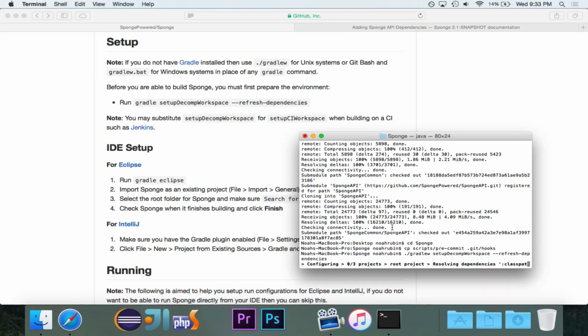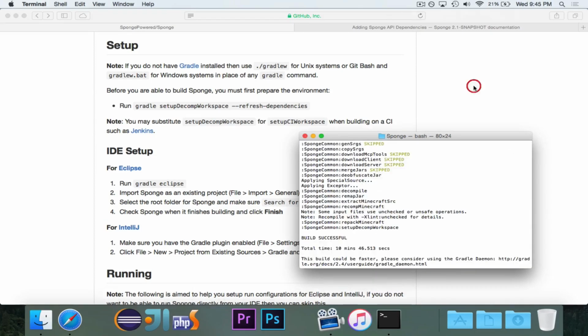Now this is going to take a while. I think this is the step that took around 11 minutes for me. It has to download and decompile and compile a ton of files just to get this to work. So I think I'm going to go ahead and pause the video, and I'm going to let this run because this might take a while.